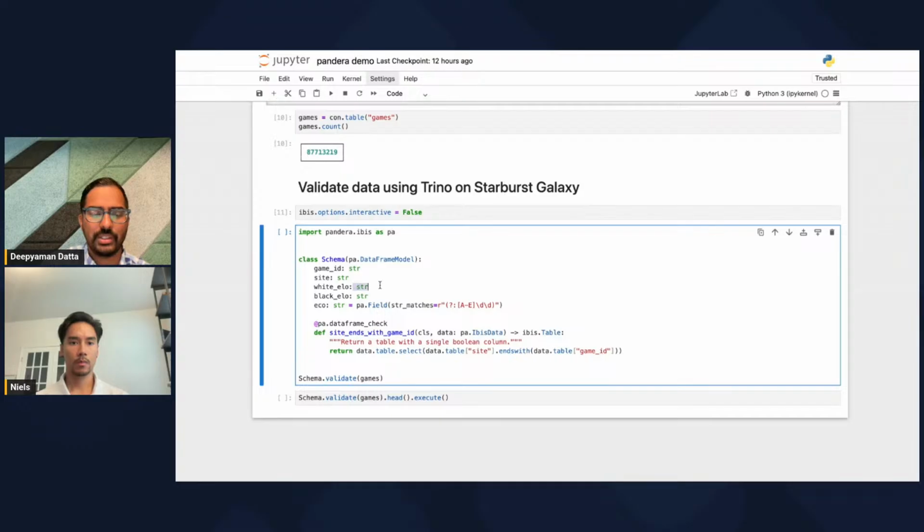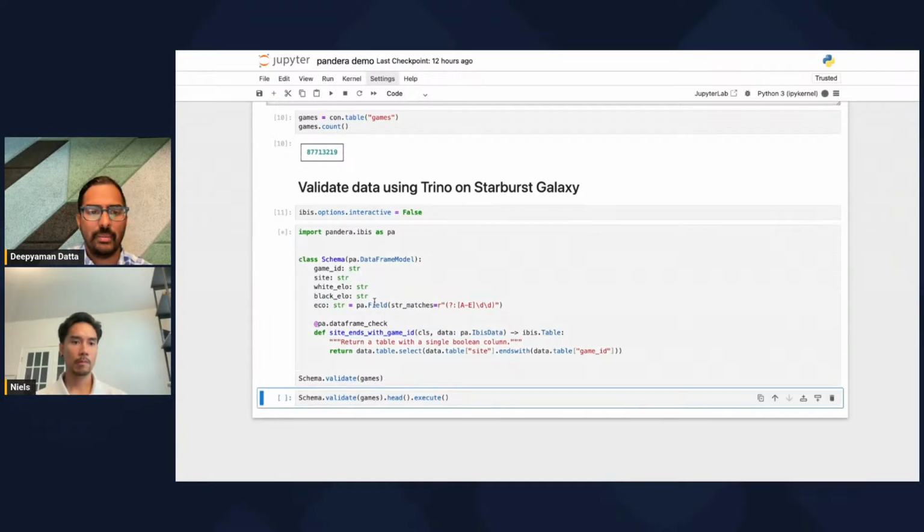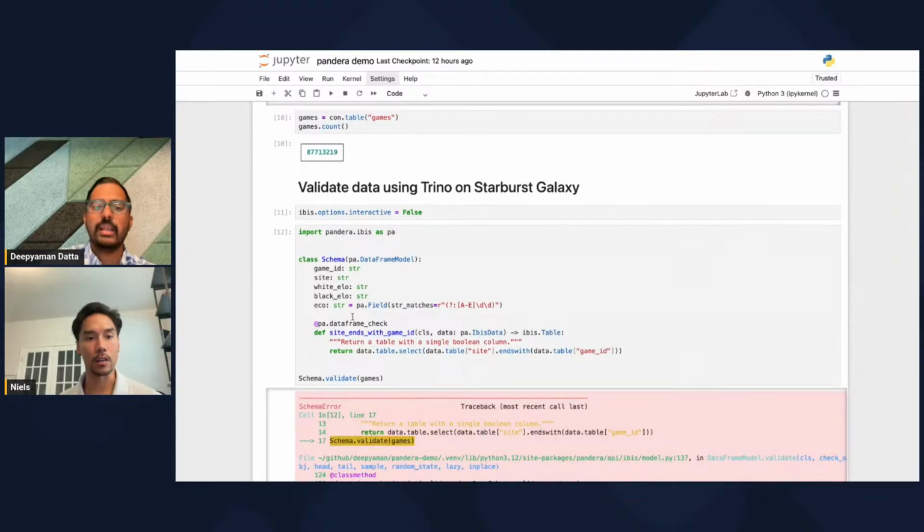You see that we've got this correctly as strings, and I can validate my data. It just takes a bit. I think I do know why it takes a bit to run here, and maybe I'll mention that a little later. But yeah, it's running this check. This is now validating all of the data inside the Starburst cluster.